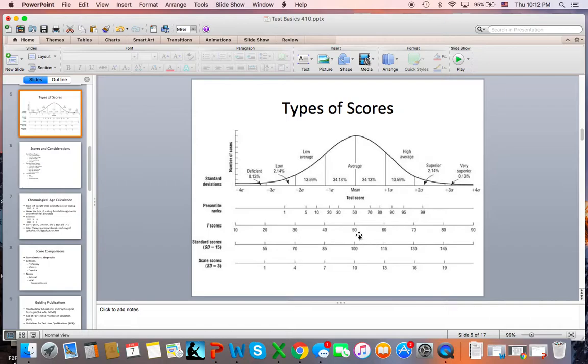T-scores you're going to see a lot when it comes to